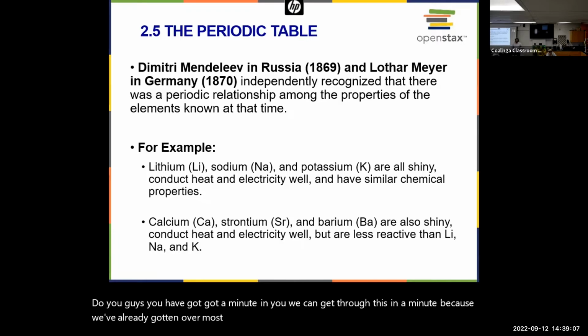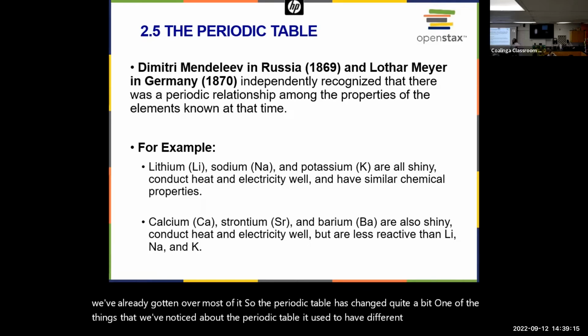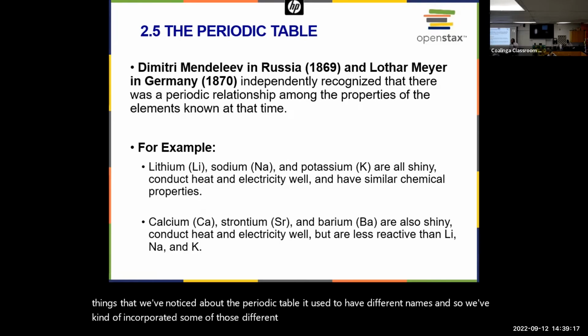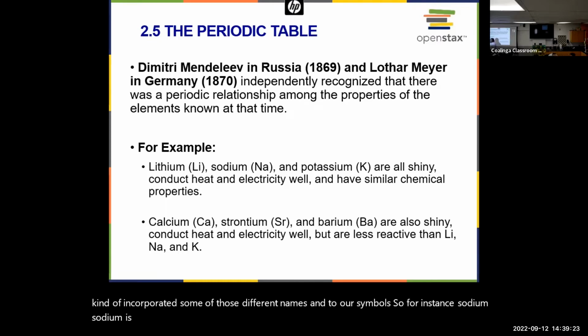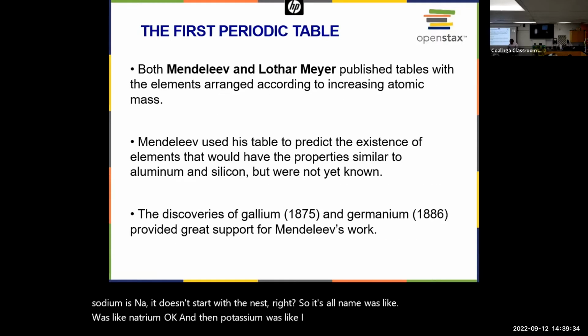So the periodic table has changed quite a bit. One of the things that we've noticed about the periodic table is it used to have different names. So we've kind of incorporated some of those different names into our symbols. So like for instance, sodium. Sodium is Na. It doesn't start with an S, right? So its old name was natrium, okay, and then potassium, I can't remember what the K stands for, but